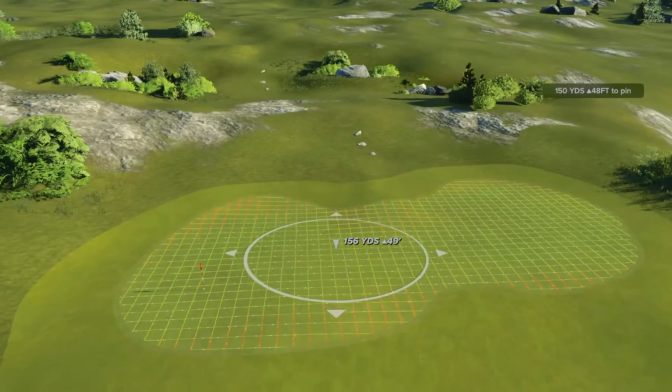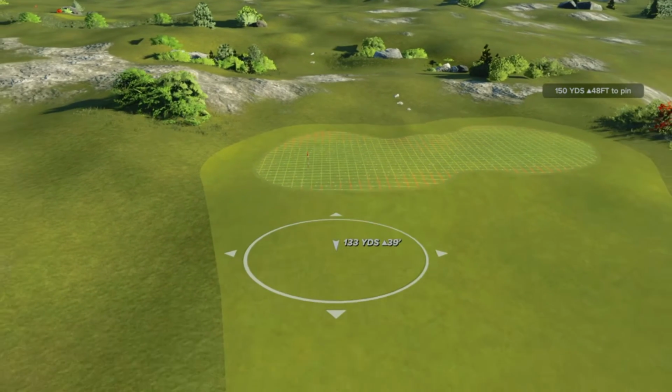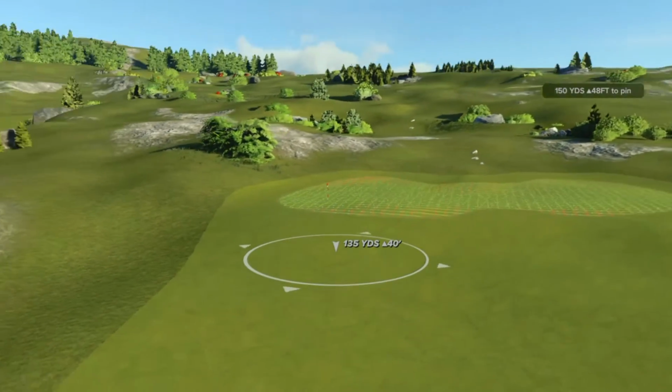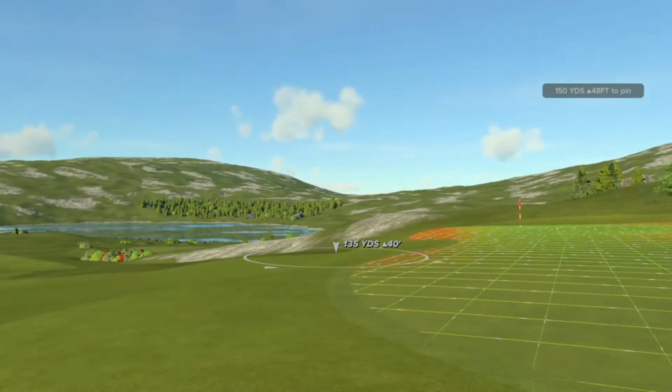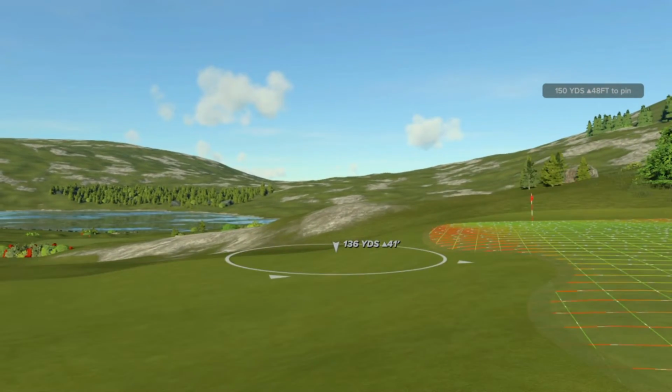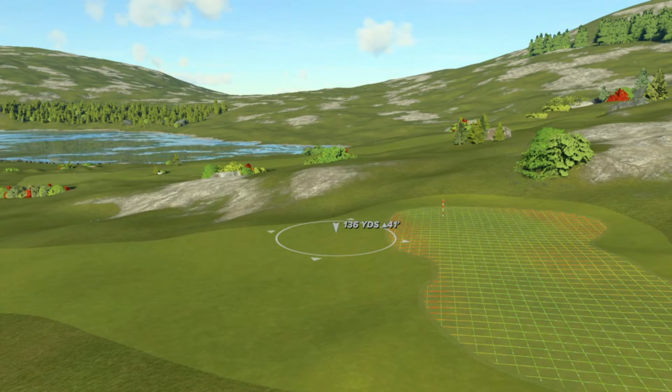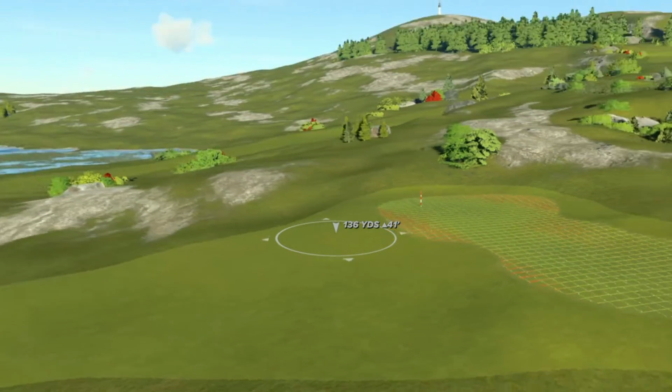You're already going uphill. You're 49 feet. Now you're down to 38 feet in a hurry. Okay, that's a big 10-foot drop. That's just like a wall right in front of it. And what happens is, I think the designer wants to get some sort of flat area up on the green up here,